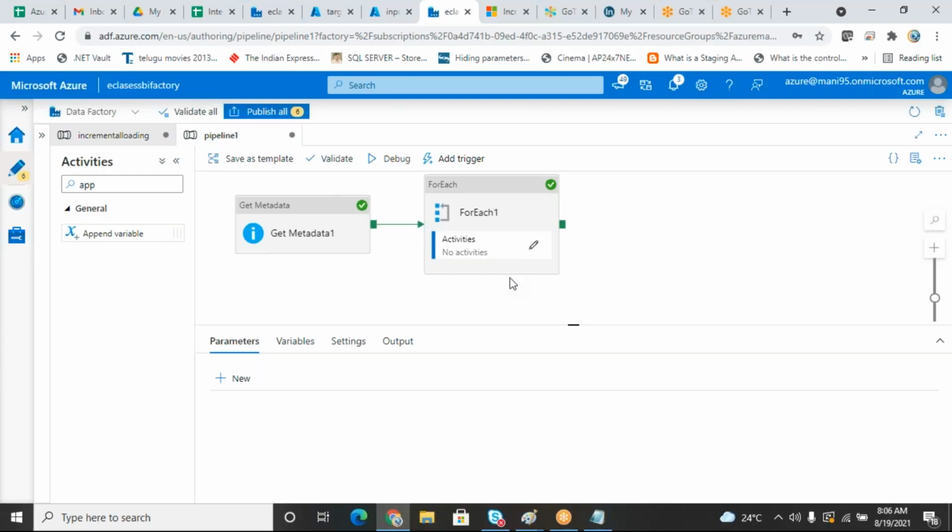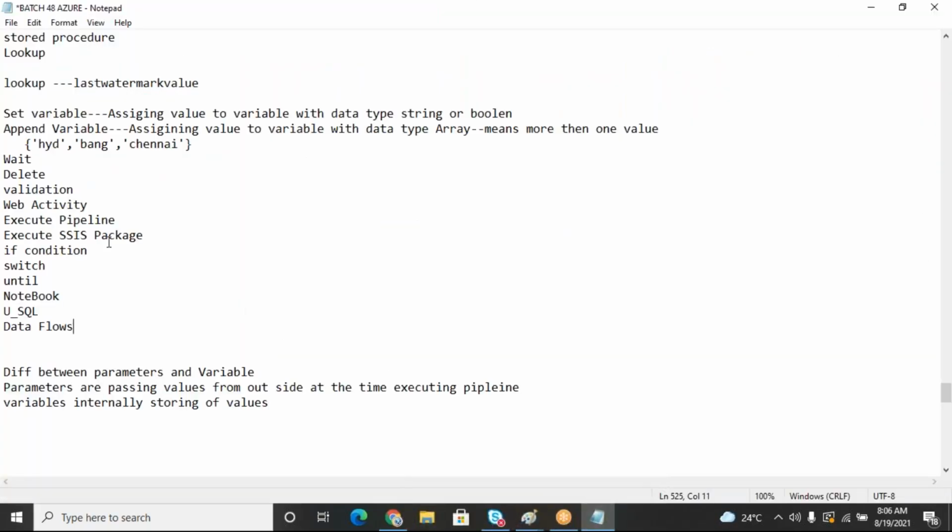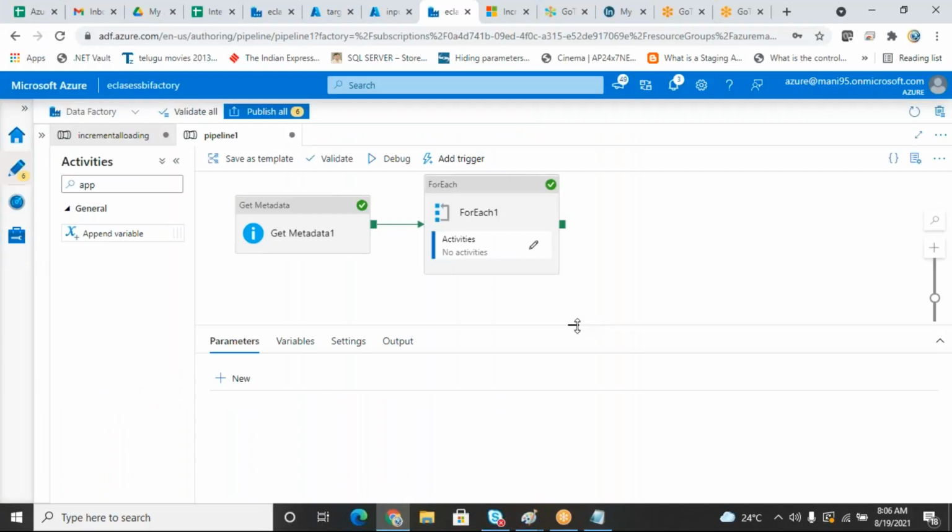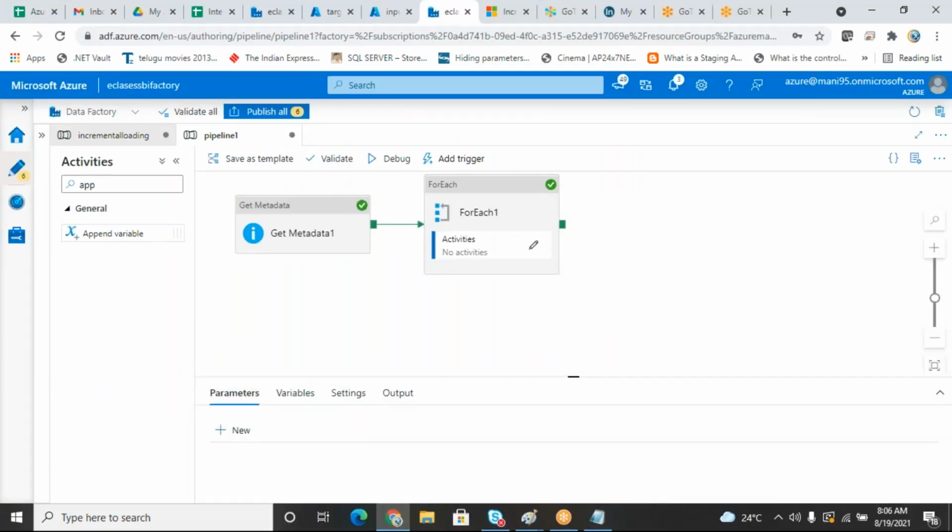Okay, so the next activities are wait and delete. The wait activity is very simple. Sometimes when you are going to execute,